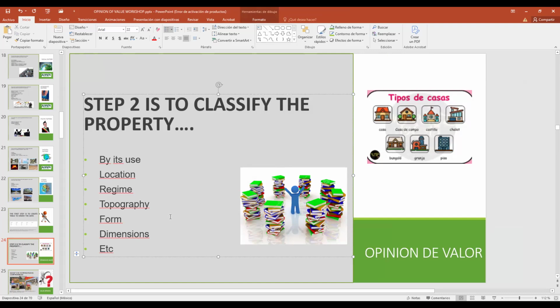The topography could be flat or going up or going down. The form could be square, it could be round, etc. There are a lot of forms. We can also classify by dimensions, etc. There are a lot of things that we can classify, and ways to classify the properties.